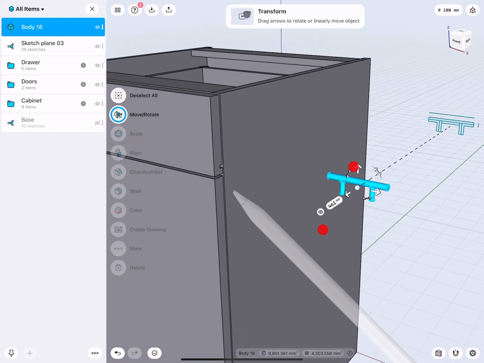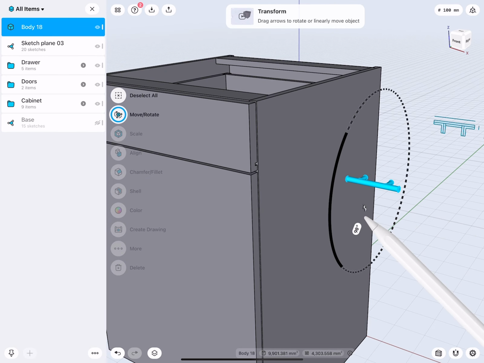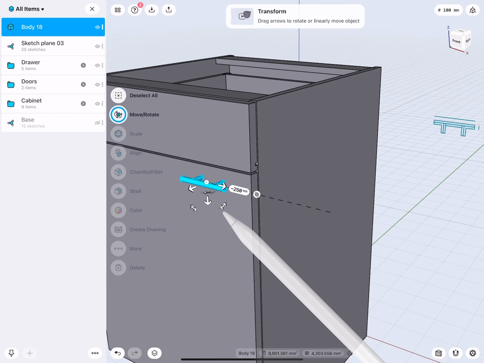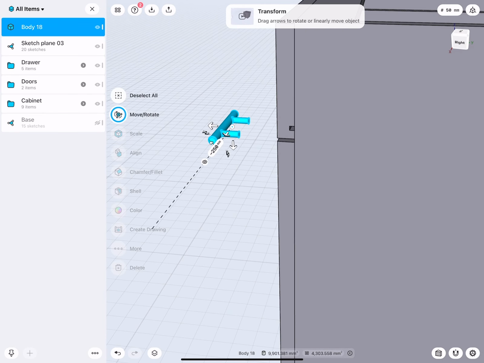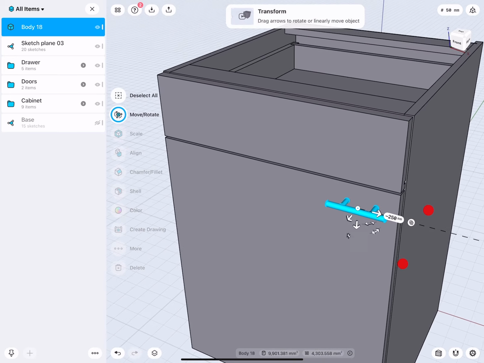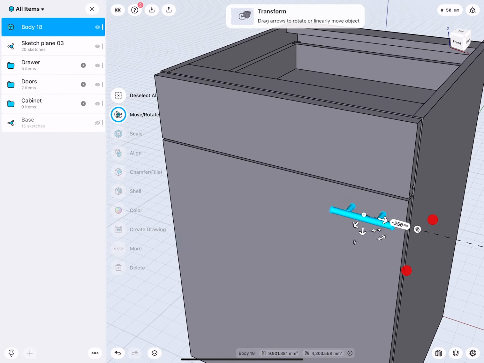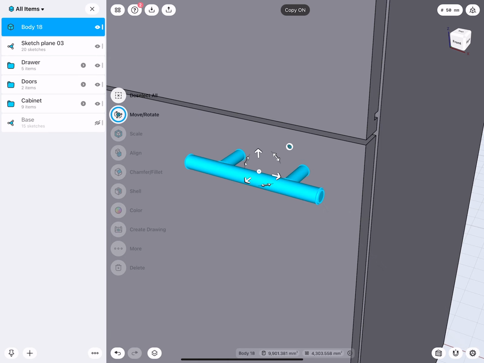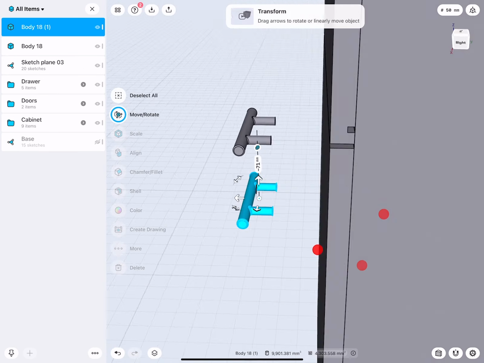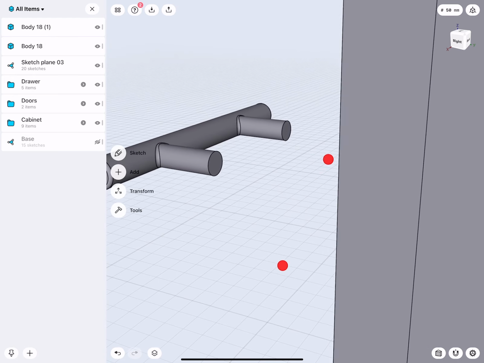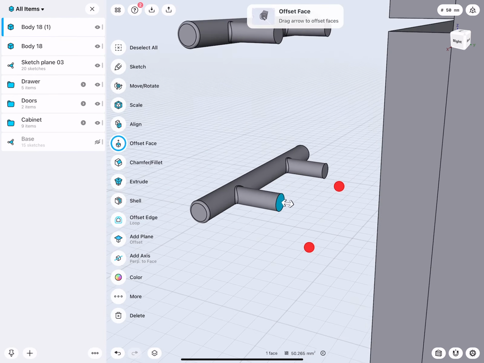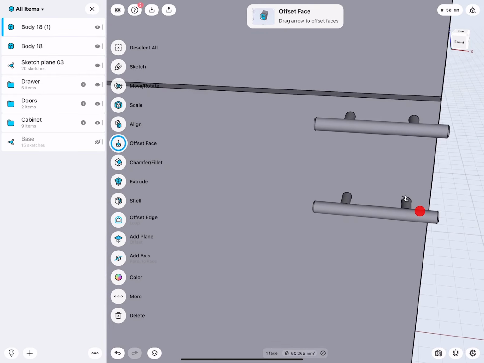Move this away. Rotate it 90 degrees. Okay, so placement. We will decide it should be 5 centimeters. That means 50 millimeters up or down and to the inside. And for the drawer, should be centered. So I make a copy. And then I will go, yeah, how do we get it to there?